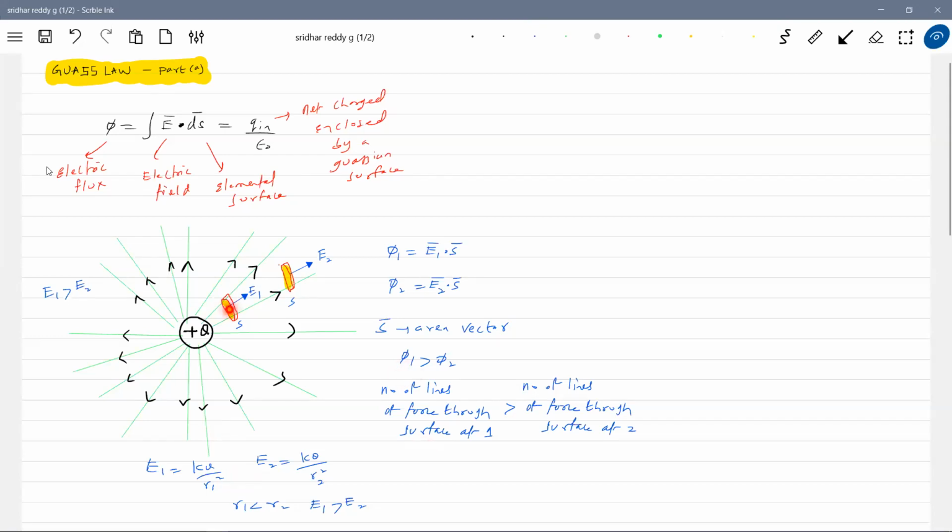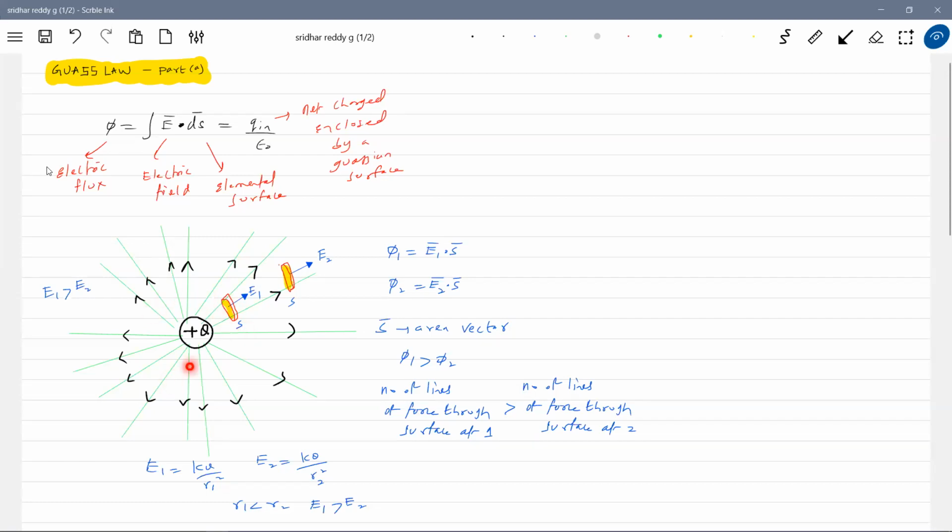I say flux at 1 is more, meaning more lines of force are passing through. How many lines? It will not tell. The electric flux will just give information proportional to the number of lines of force, not how many lines of force. Are you getting the idea now? Earlier we were concentrating more on lines of force, without flux. Later we will discuss everything about electric flux. And electric flux doesn't bother about how many lines of force you are going to assume. It just depends upon E bar and S.